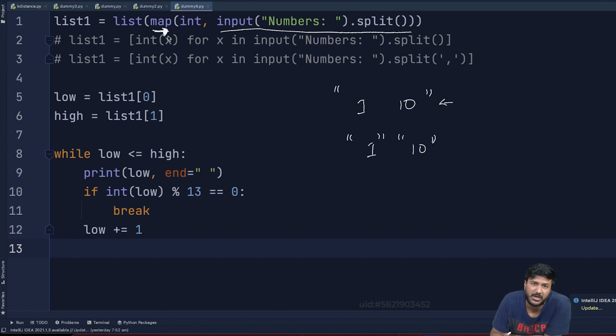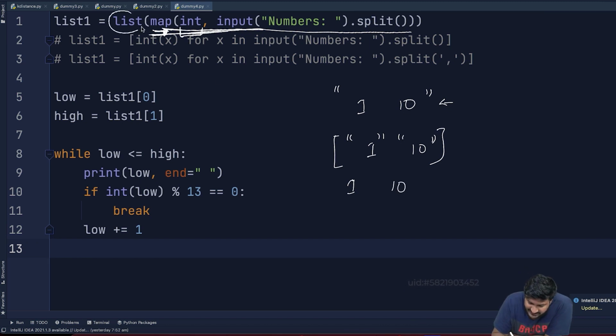I hope that you know about map. If you've not, just refresh it once again. Here I'm saying apply map, accept values and convert them into integers. So using this particular line, this map int, I've converted these things into two integer values,